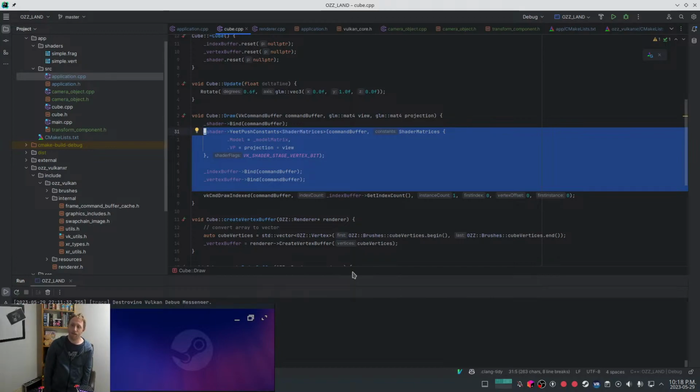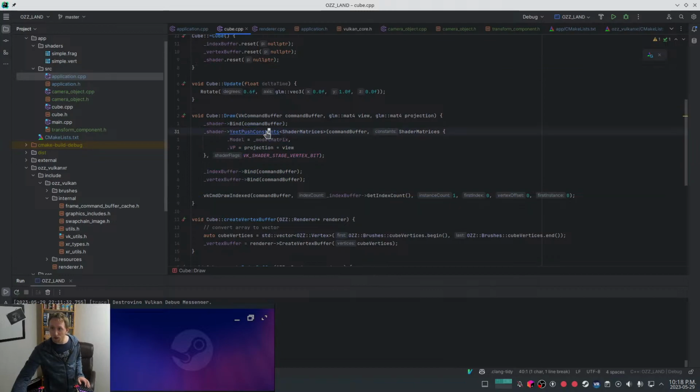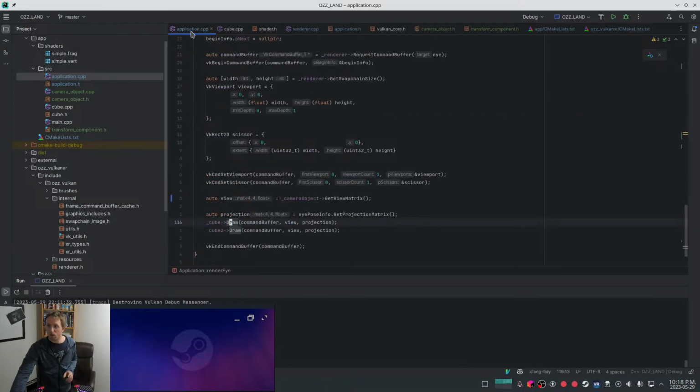This is command push constant. So I can put this on the eye layer. I can get around this. This can go on my eye layer. So the bind, the shader stuff, should go